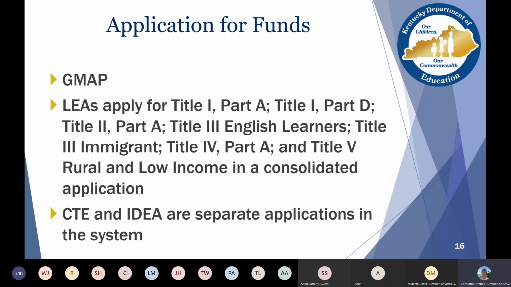And I always had a lot of questions about why those grants were consolidated. Why wasn't Title I Part A all by itself, like Career and Technical or IDEA B, because they were separate applications in the system of GMAP. For me, I always questioned that. But as I worked more in GMAP and with the other federal grants, many times Title I Part A and Title II Part A work together, because we combine those funds in order to do more initiatives